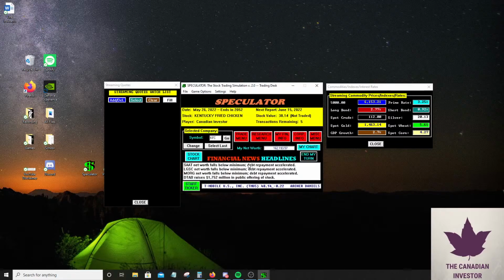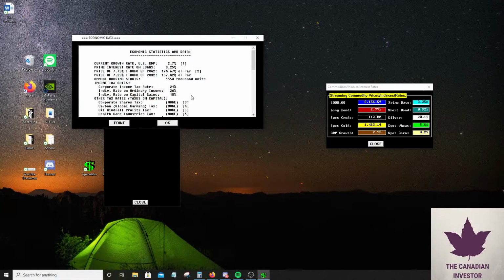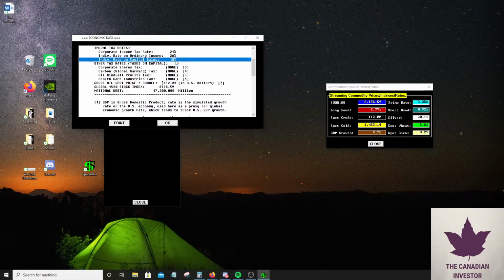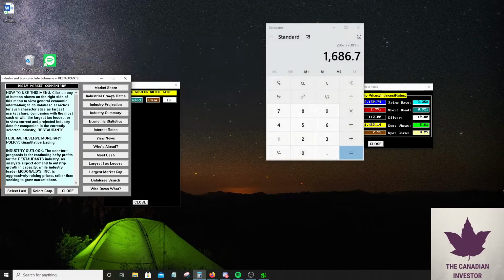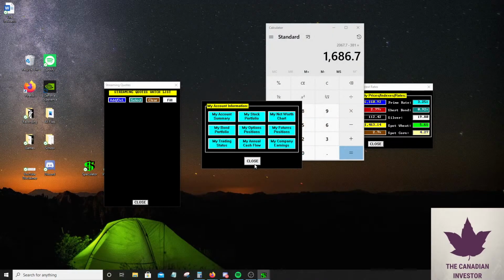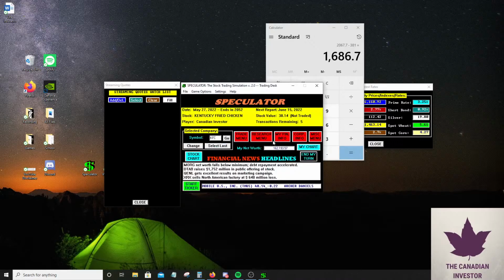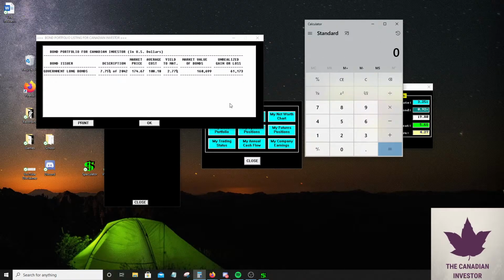If we do the hypothetical example in this case, if we go over to the economic statistics, 18% of this will be taxed as capital gains. So I'm pretty sure they don't include the 50%. Who knows, they might. I'm not sure if 50% of the taxable capital gain is taxed. But let's just do two hypothetical scenarios on how much tax we're going to have to pay.